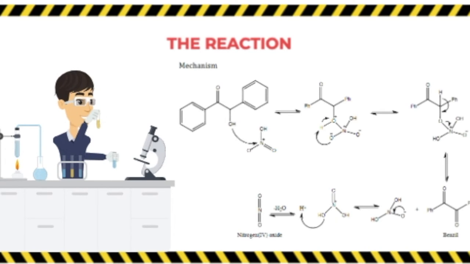And if we have a pH over 9, it is going to be undesirable again, because we have what's called a Cannizzaro reaction, which is going to compete with the overall synthesis of Benzil, which is our desired product. So that actual step is not mentioned in the above photo, because that's how we condense benzoin for this reaction. What is pictured above is the overall synthesis of the nitric acid,